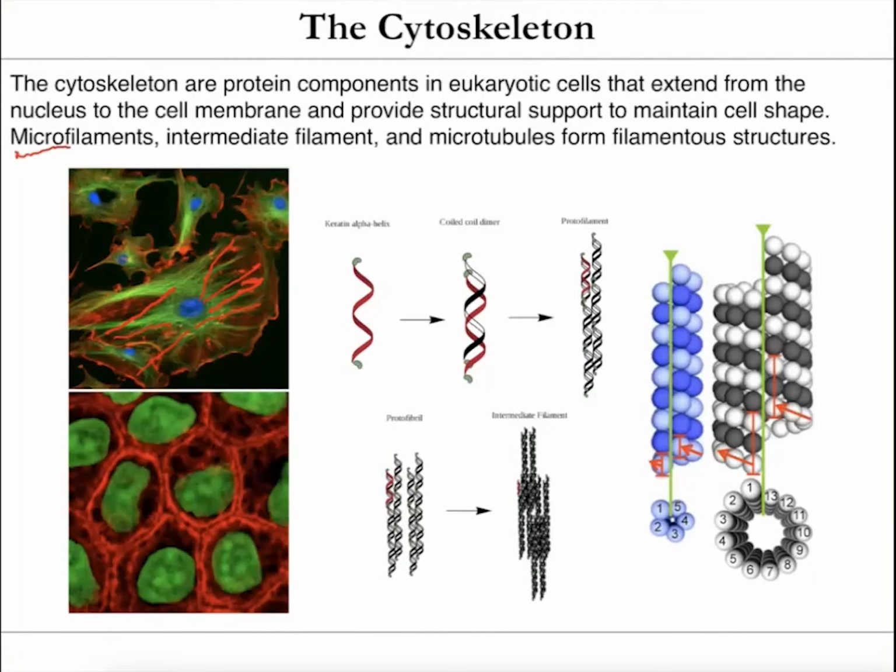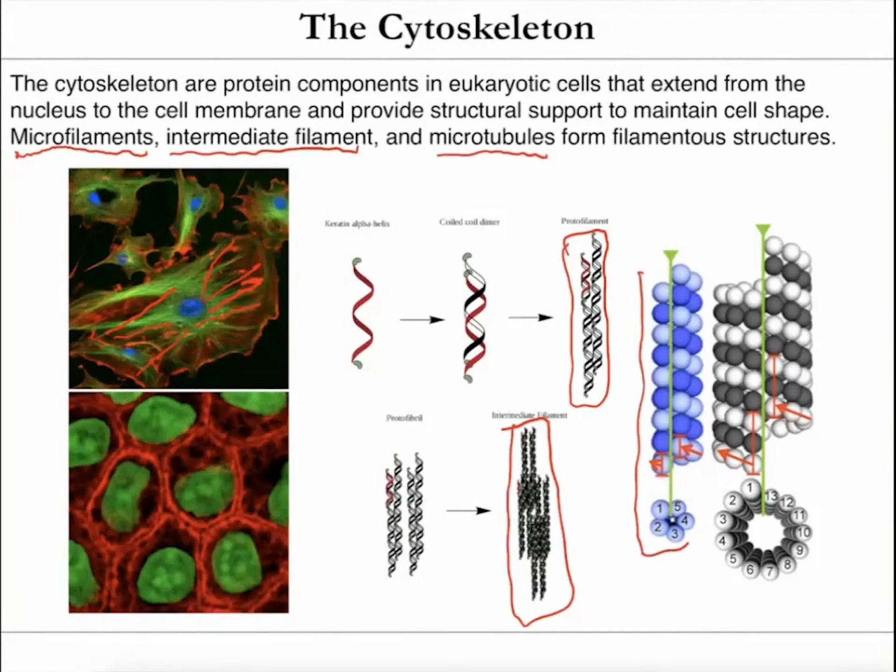So there's three main types in eukaryotic cells: microfilaments, intermediate filaments, and microtubules. And they're basically different protein structures, and they have different functions in terms of their structural ability. But for the most part, they tend to form these really strong, long fibrils that are made up of smaller units. And so here is, I believe, an intermediate filament, and then this is a microtubule. So they can sort of grow and recede very quickly because they're made up of these aggregations of these smaller units. So that's the cytoskeleton, and it gives structural support and shape to the cell.